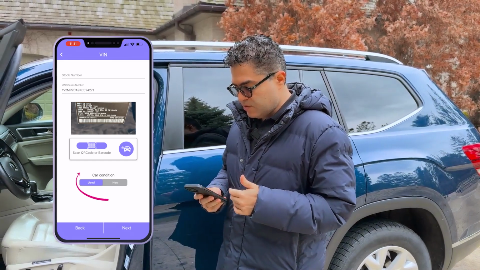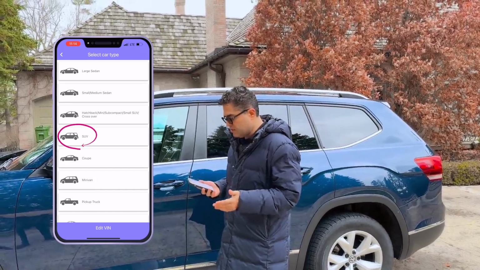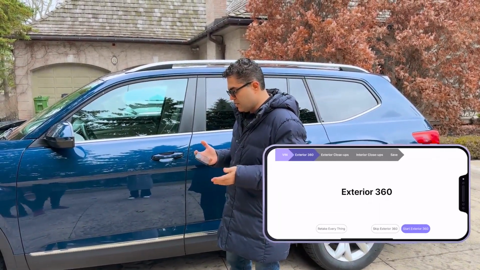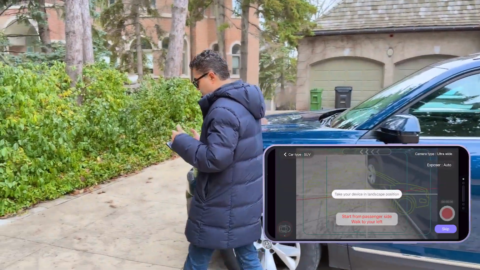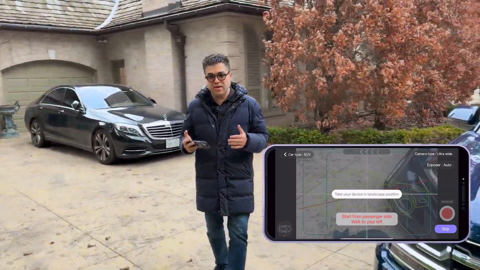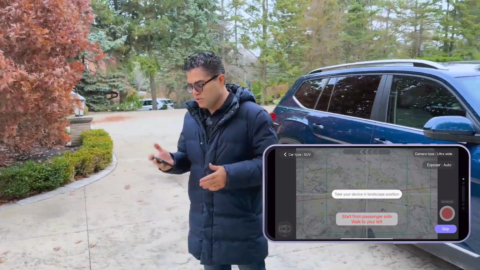Then you determine, is it a used car or new car? In this case, it's a used car. Then I'll go next. It is an SUV, and then we start with the exterior 360. So when you say start exterior 360, it will show you the outline where, in this case, it is starting from the passenger side. So you do have the option to change it. It depends on what the movement is, and you can just change the start position, but in this one, we're